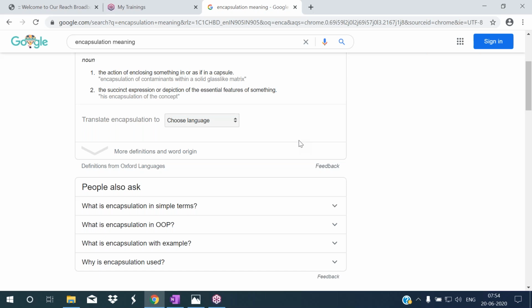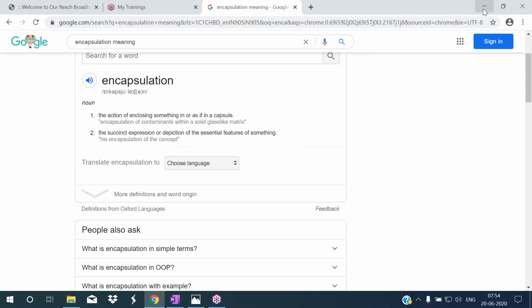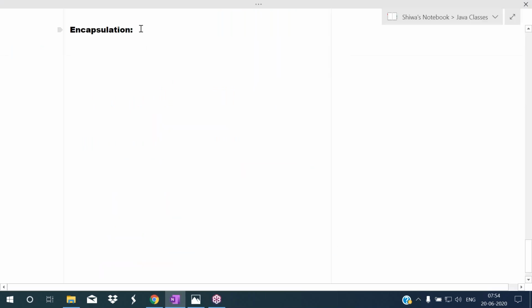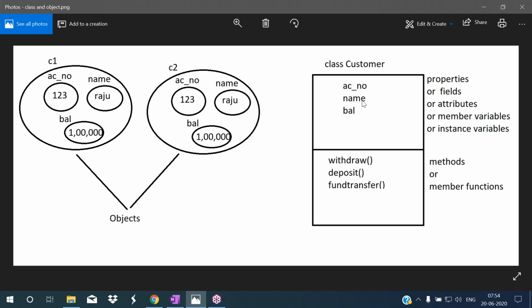We are calling that a capsule. Like that, here in the OOPS concepts, encapsulation means we are placing the members in one particular container. That action of placing the members in one particular container is called encapsulation, and that container is called what? Class.